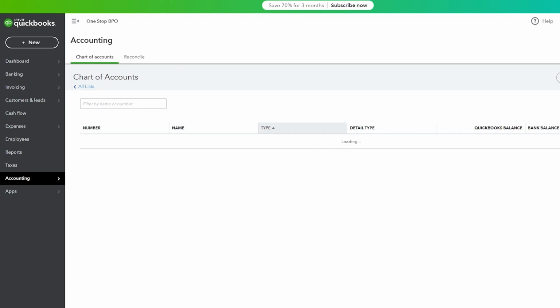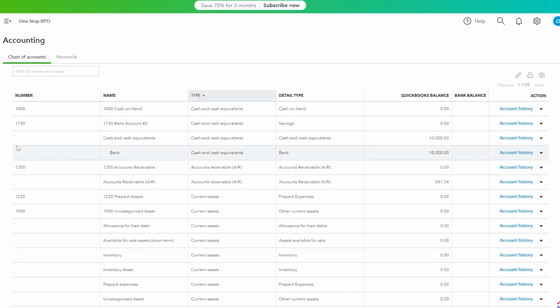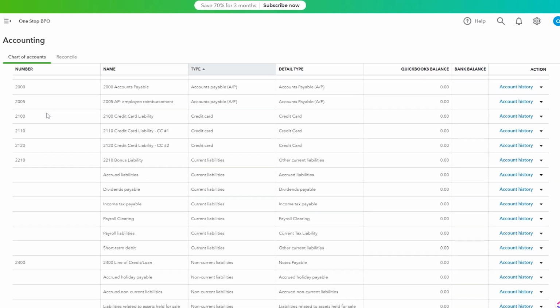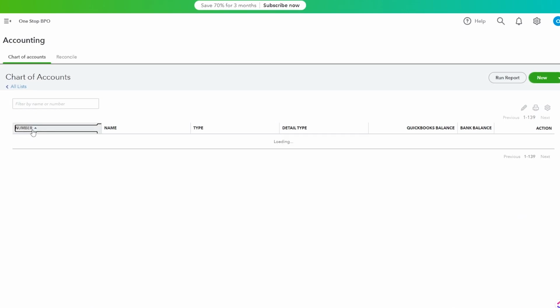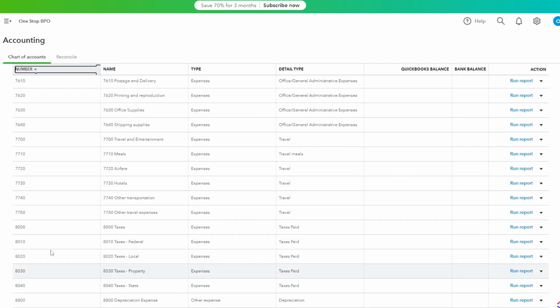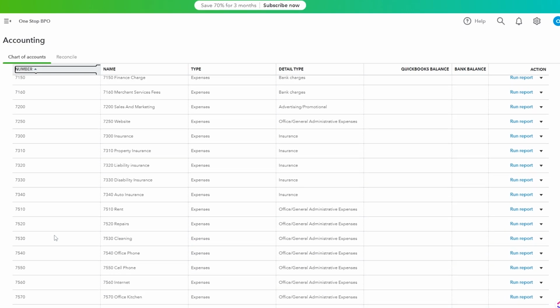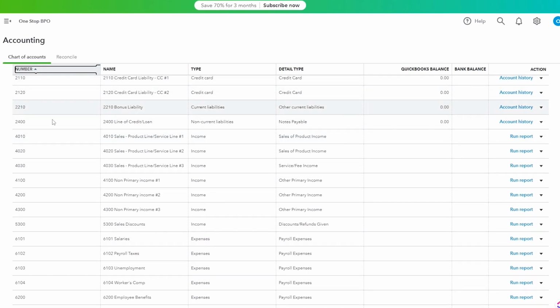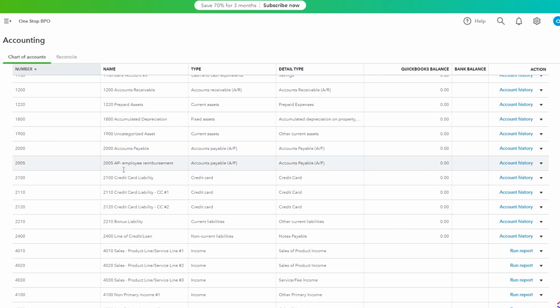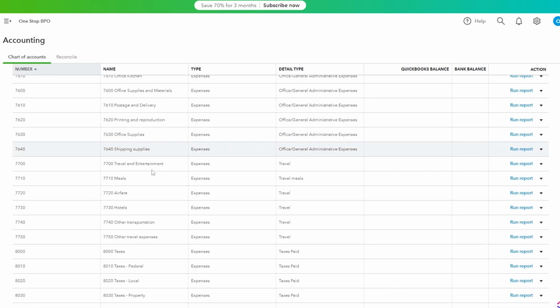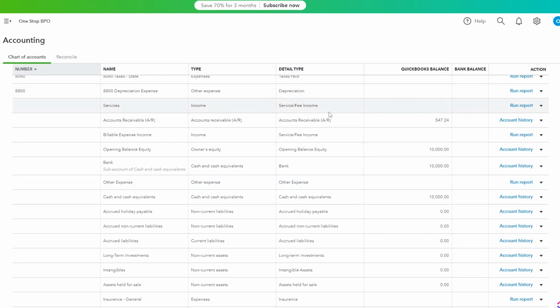Then it's going to load up over here, and you're going to see another row where you have different account numbers, and now you can go ahead and sort them as well. So now over here you're going to see all the accounts and the type of accounts sorted by their numbers, starting from 1,000 to 110 and all of that. So once you, let's say services, you click on this icon and go into edit,